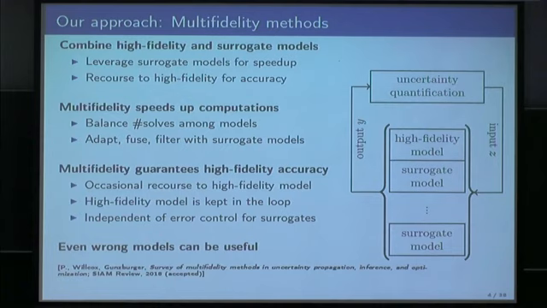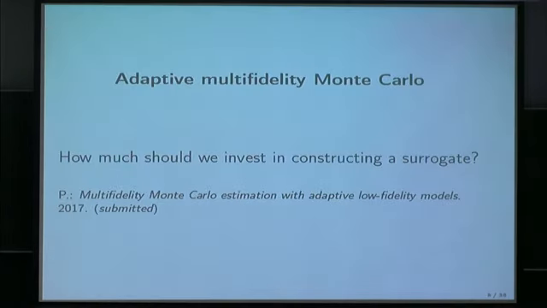Okay, so this kind of sets the stage. We want to combine multiple models, and then we need to ask how do we combine these models, how do we balance work among those models. And in this first part of the presentation, I would like to talk about this adaptive multi-fidelity Monte Carlo approach. I already said the models that we use are wrong in a certain sense, but they still are useful. So the question is, how much effort should we spend on constructing a surrogate model, improving its approximation quality with respect to a high-fidelity model, versus just spending all of the time using the high-fidelity model? This is a question that I would like to answer in this first part.